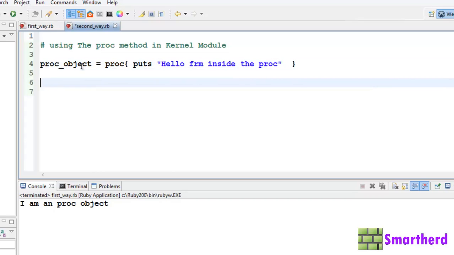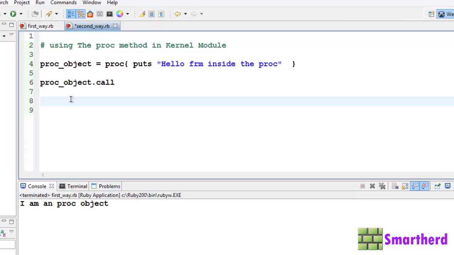Now let's write proc_object.call. Now let's check whether this proc is actually lambda or not, because here I am using a Ruby version of 2.0 which is above 1.9. So there are differences between this proc and actually lambda, which we are going to use in our third way to create the proc object.